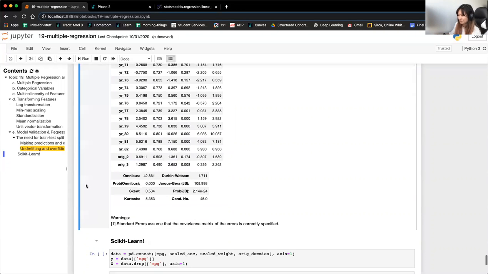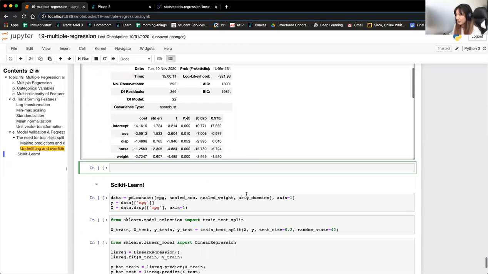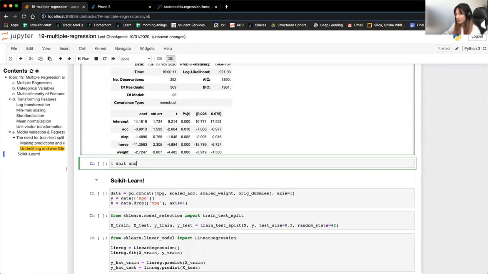So actually, let me type this out super quick. If I have 1 unit increase in log of acceleration, this leads to, there we go, leads to a, let's just say -4